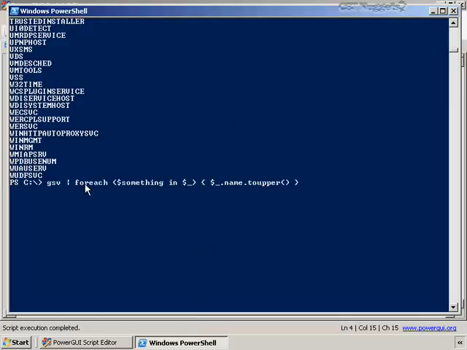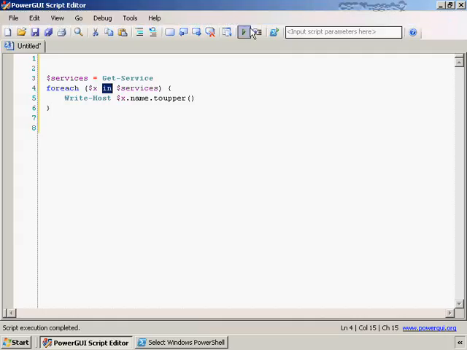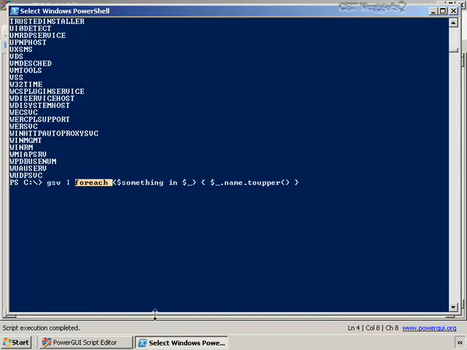So there's actually the alias for each, and then there's the scripting keyword for each. And they have different syntax, and it's confusing. And personally, I think it was a bad idea for the PowerShell team to do that because it is confusing. Here's how I resolve that confusion. I never use the alias for each on the command line. If I want to use for each on the command line like this,